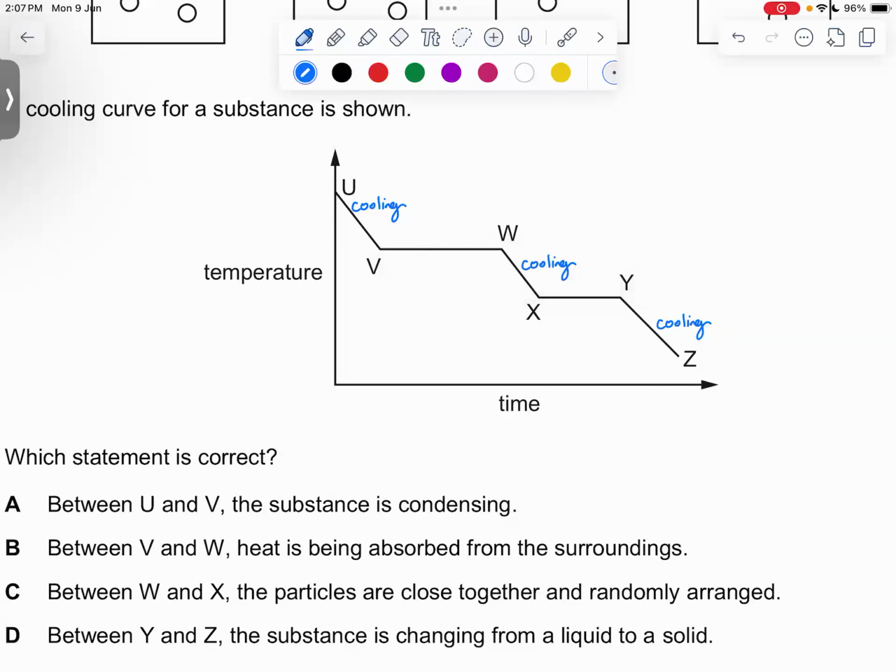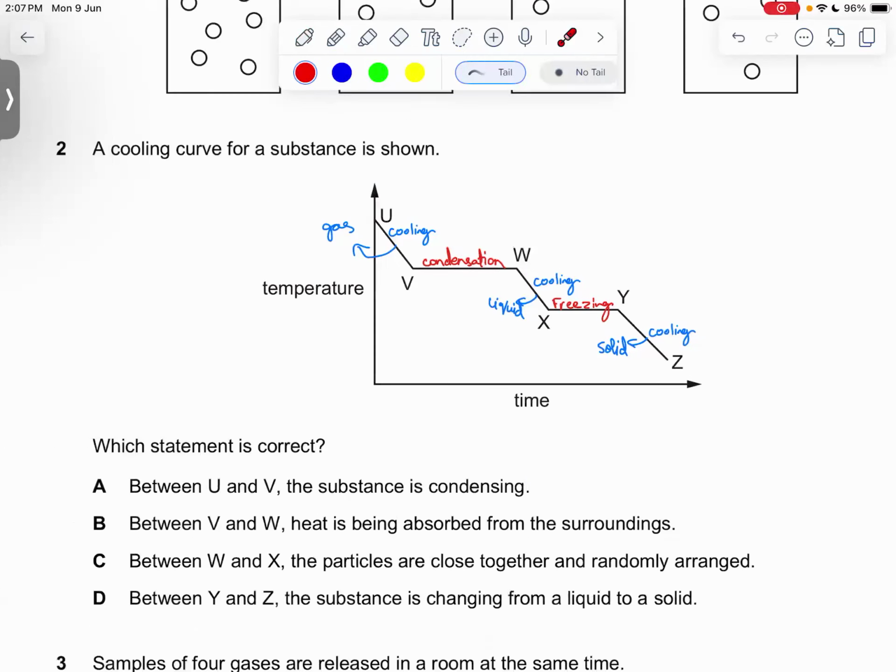All right. So between them, there are two flat lines. That means there would be changes of state. Like at this point, something is a gas. At this point, it is a liquid. And then at this point, the substance should be a solid. And then the flat line going from gas to liquid should be condensation. And X to Y, this should be freezing, right? These are the changes of state that we need to know about. We need to identify all this from the graph.